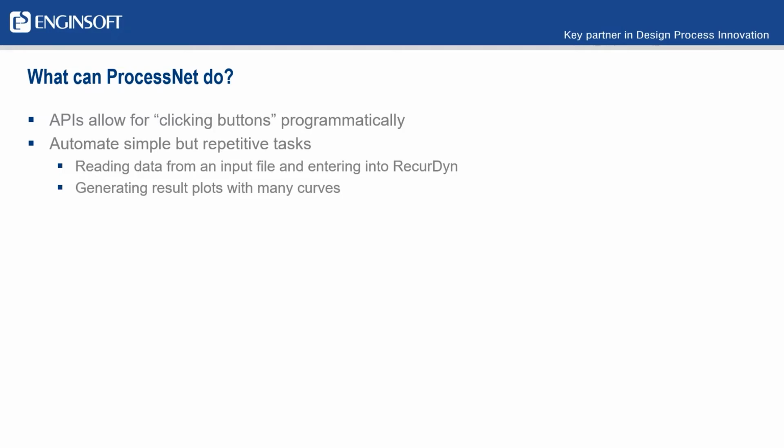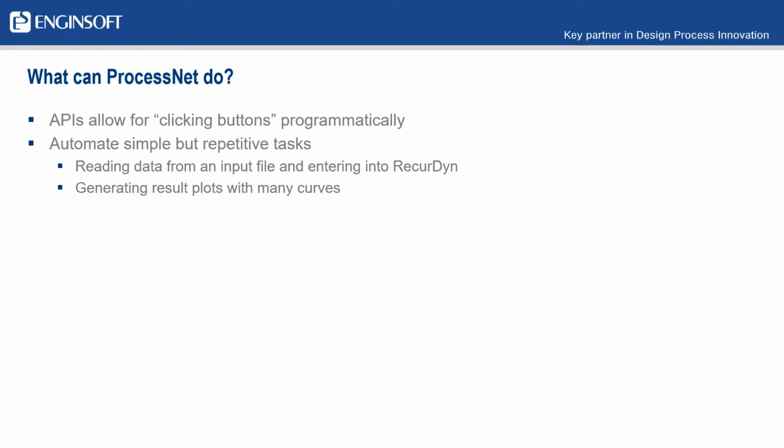There's a really good example in the tutorials for ProcessNet where they end up needing to make dozens of contacts, and that's a really tedious process. But with ProcessNet, you can just make a loop and in 10 lines of code create all of those dozens or hundreds of contacts or joints or whatever the case is. So if you have something that's highly repetitive and can be described pretty simply, it's a lot easier to do